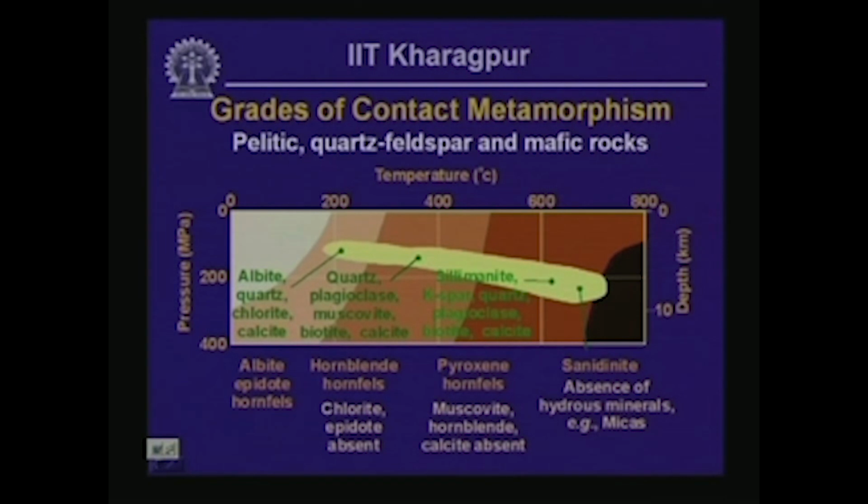So we are going to look at depths typically less than 10 kilometers and pressures typically less than say 300 MPa, and in this case we are considering the grades of metamorphism that arise from the metamorphism of pelitic, quartz feldspar and mafic rocks. The term pelitic is new to you,